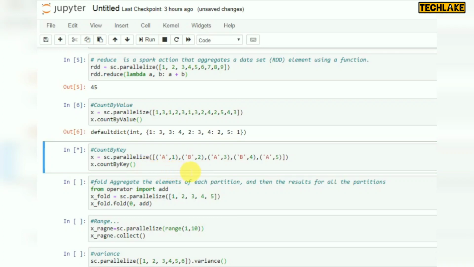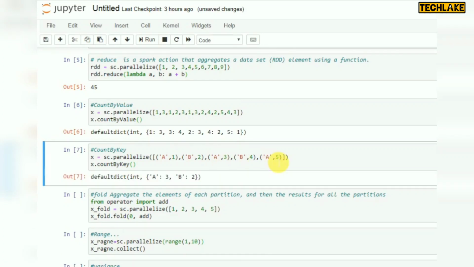If you look at this, we have A1, A3, A5. So a total of 3 keys are available, and B1 and B2. So totally 2 Bs are available. Like this we can go for